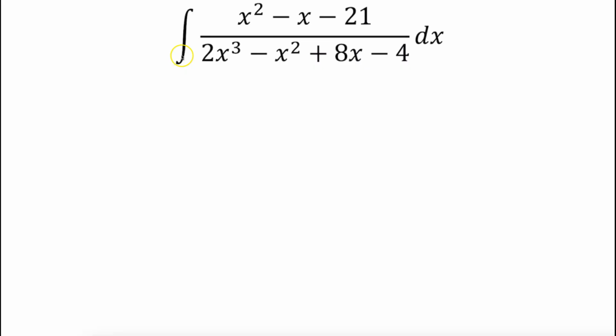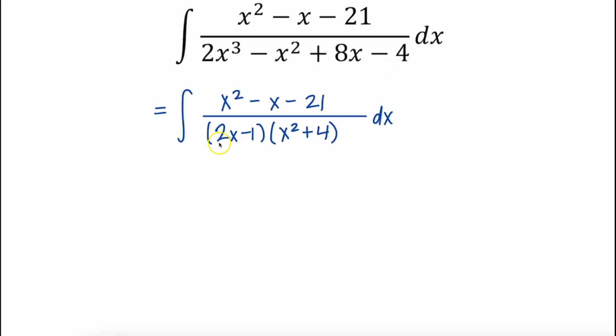In this next example, we have the integral of the rational expression x squared minus x minus 21 all over 2x cubed minus x squared plus 8x minus 4. This is a proper rational function. The degree of the numerator is less than the degree of the denominator, so we're going to try partial fraction decomposition. The denominator does factor if we use factor by grouping,